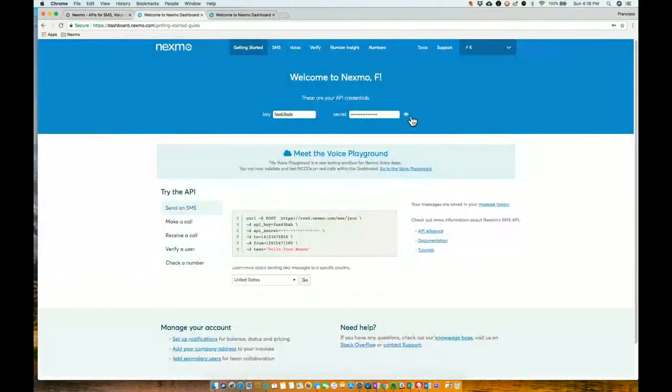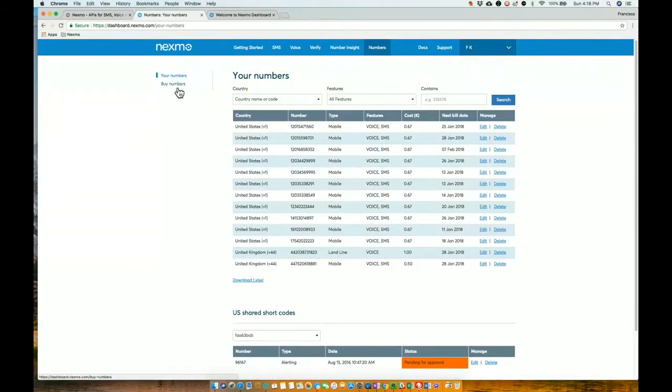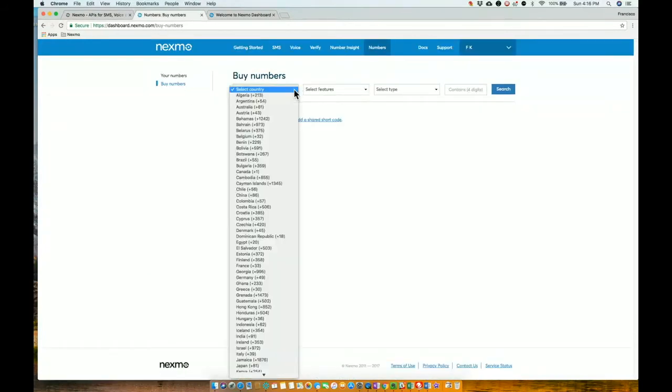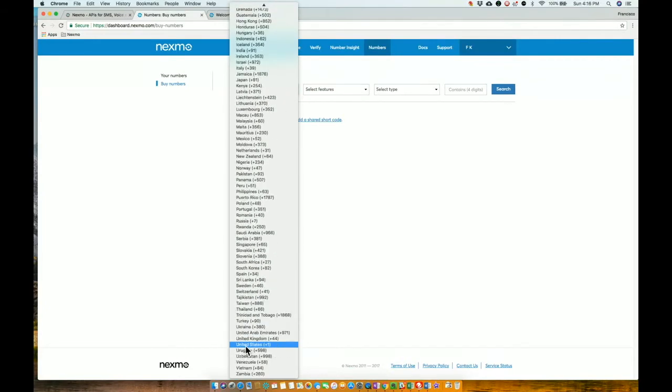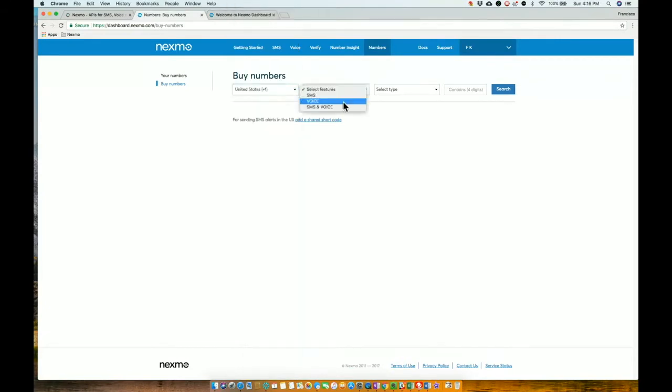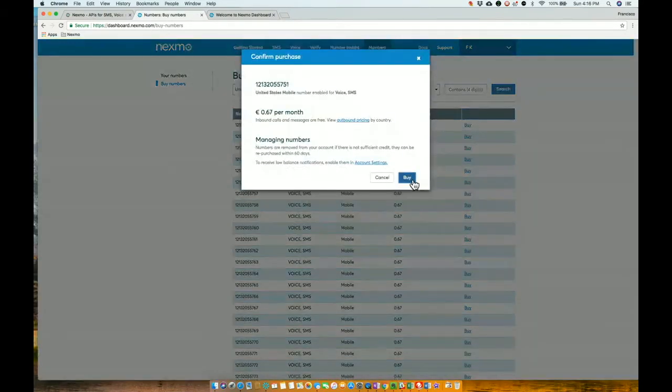The first thing we need to do is to log into the Nexmo dashboard. And in this case, the first thing we're going to do is buy a couple of numbers. So I'm going to buy 2 numbers in the United States. So let's pick United States. I just need voice numbers. I'm going to say mobile and search. I'm going to buy these first 2 that came up. So 51 and 52, buy